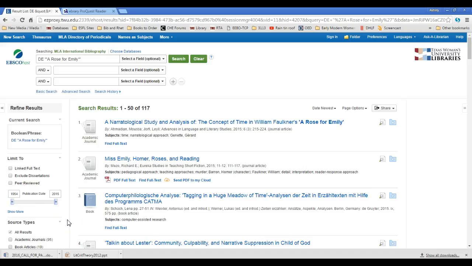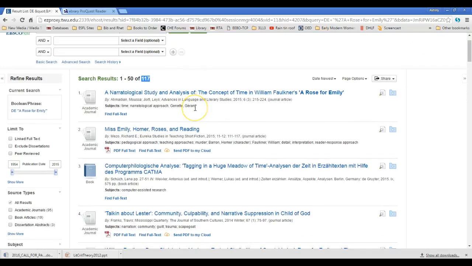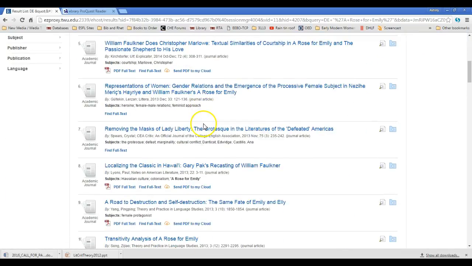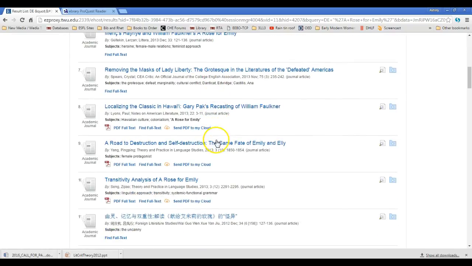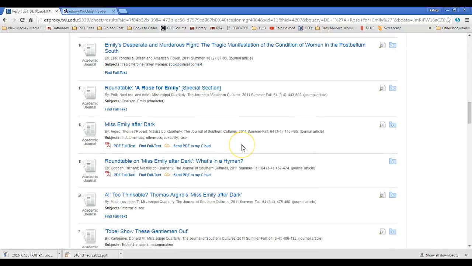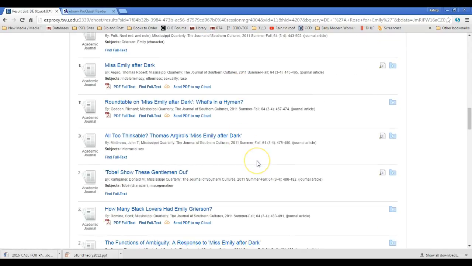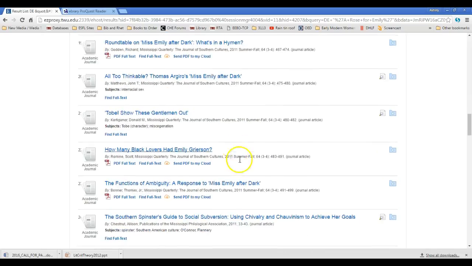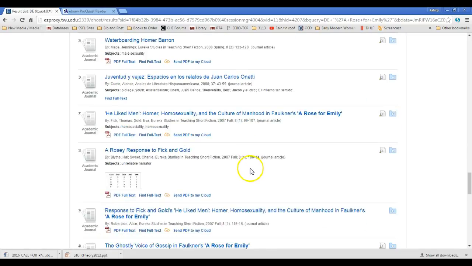Again, right, we can go through the process of trying to limit. We might want to look for things focused specifically on gender. Now, 117 sources, that might take you about 20 or 30 minutes to slog through. And with 117 hits, I would honestly take the time to go through and read all of the titles to see which ones are useful for us. That is, again, part of the work of research and a reminder that research isn't necessarily instant gratification. Again, it won't take us very long to go through and find things.